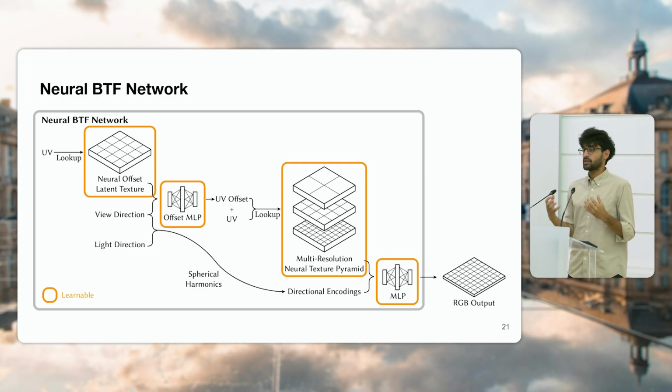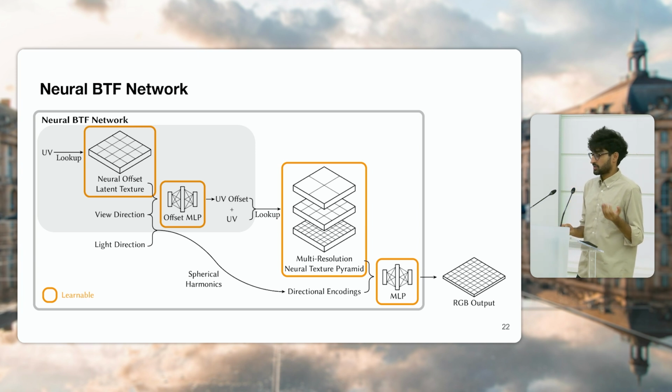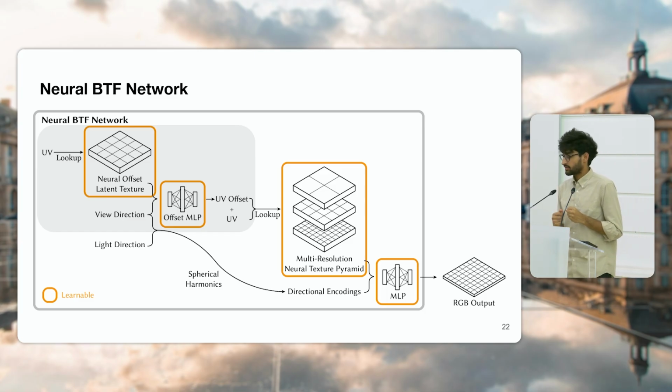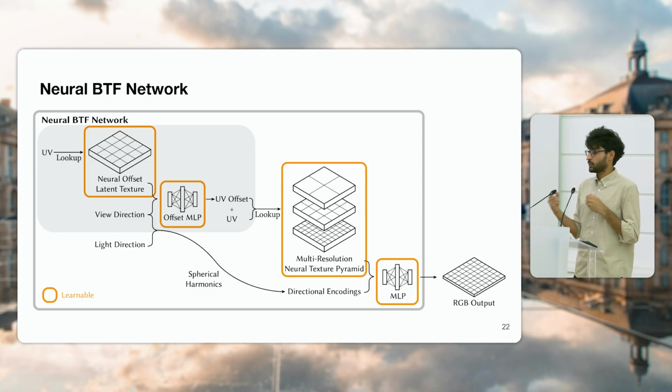appearance. Our model approximates this function with two main components. The first component is a view-dependent neural offset module inspired by prior work NUMIP. It is designed to absorb parallax from real surface height. Given a surface position and view direction, it predicts a 2D coordinate warp. We use this warp to warp the queried surface coordinates, so the appearance decoder, the subsequent step, samples features at